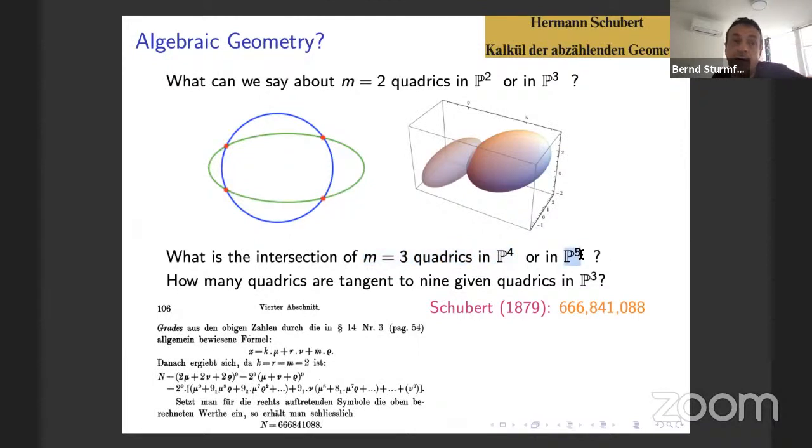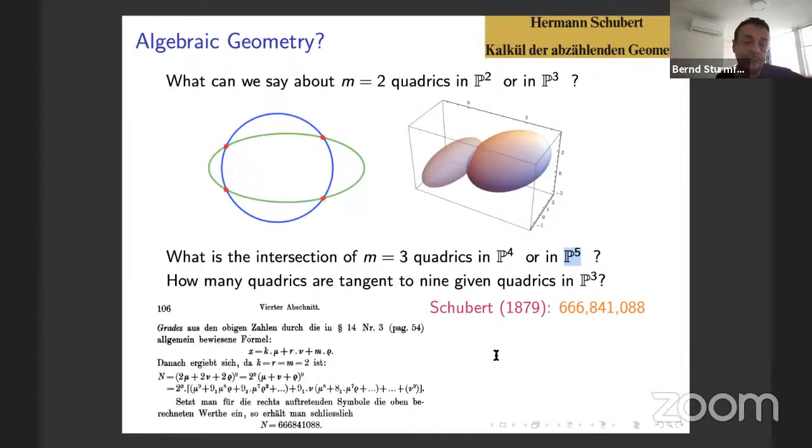In P5, it's a K3 surface. So even by writing down just very few symmetric matrices, you get the full range of interesting algebraic geometric objects, from elliptic curves to canonical curves to K3 surfaces and so on. But coming back to the 19th century, we can ask how many quadratic surfaces are tangent to 9 given quadratic surfaces? What is the analog to 3, 6, 2, 4, 1 dimension higher? And the answer was found by Schubert. The answer is